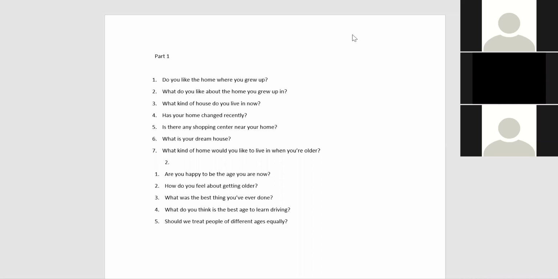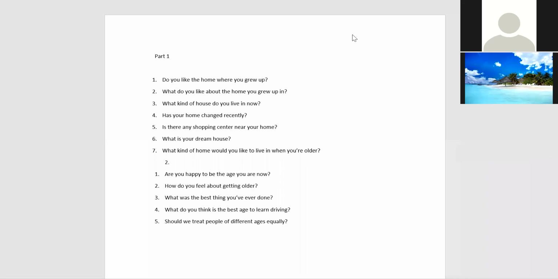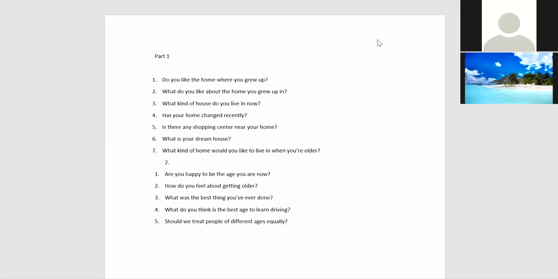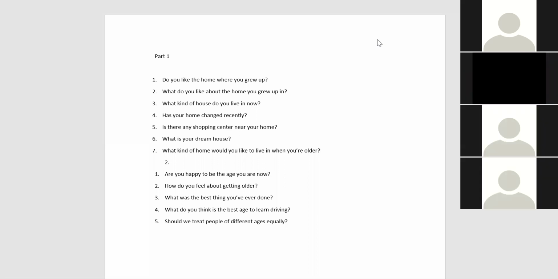Okay, let's move to the next one. What do you like about the home you grew up in? Okay, do I need to take names or are you just answering yourself? Okay, Sheetal. Yes, I like the front garden of the home where I grew up. There are many more pleasant places or areas in my house, like my bedroom and living room. Although I like my front yard in my home where I grew up.